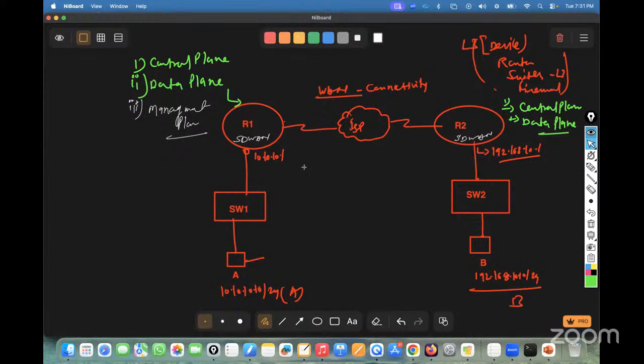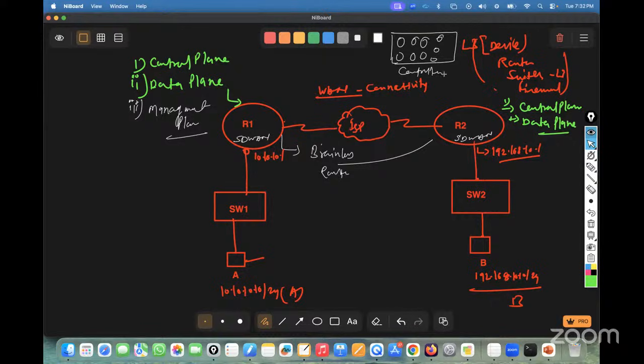As I mentioned in the previous class also, these routers are going to be brainless routers. Every router in SD-WAN is going to act as a brainless router. They don't have any kind of brain, but still they're going to communicate. You have to extract the brain from all the routers and put it in a central location. The device that is going to be the collection of all router brains is known as the